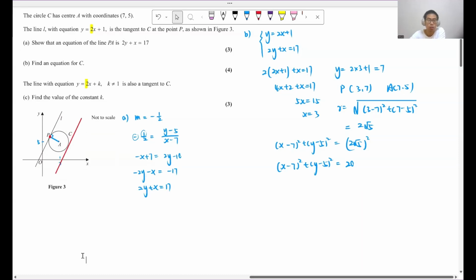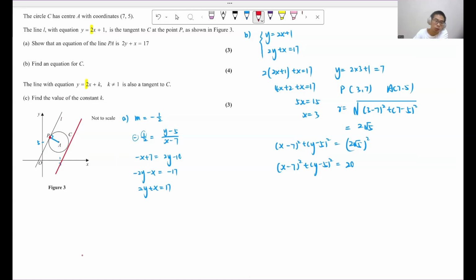So to work out the equation of this one, we just have to find out this intersection point between the line and the circle. We know that the tangent is always perpendicular to the radius at where they meet. So if this is 90 and this is 90, then this line has to be a straight line. So that would be the diameter, basically. If we call this point Q, as long as we know what point Q is, we can find the equation of the line. Because if we know what point Q is, we can just substitute in to work out k. So to find point Q,